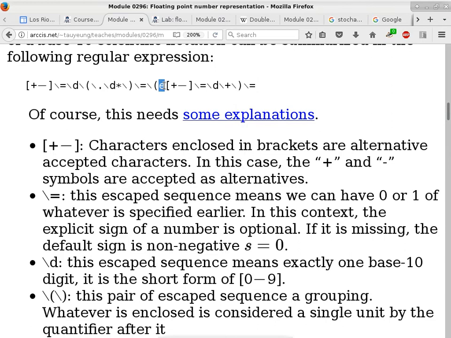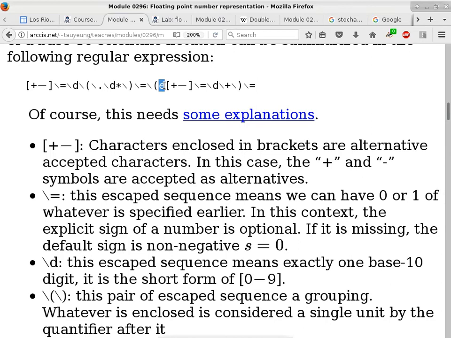Just curious, which flavor of regex is this? I think it's VI. Okay, because this doesn't seem like Perl or JavaScript. Yeah, there are flavors of regex. And this is the VI flavor. Okay, because the only reason why I'm asking is because I'm used to curl-based ones, and the equal sign and the excessive backslashes are pretty cool. Yep. This is a VI version of a regular expression.